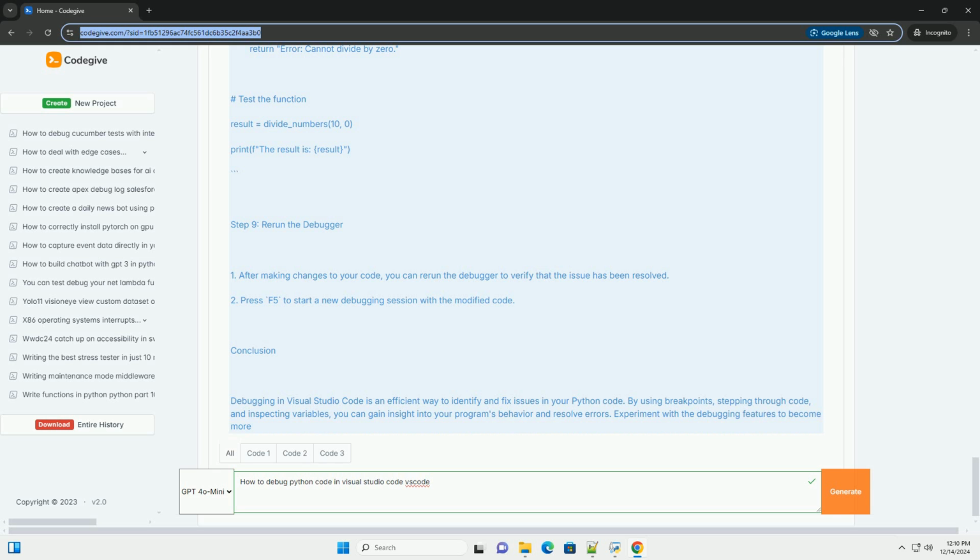Test the function. result = divide_numbers(10, 0). print(f"The result is {result}")